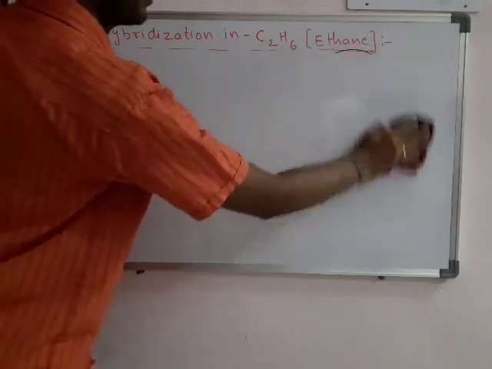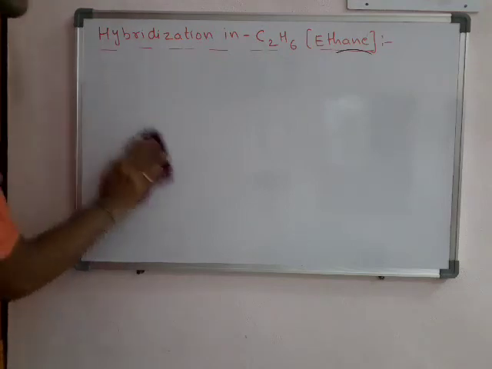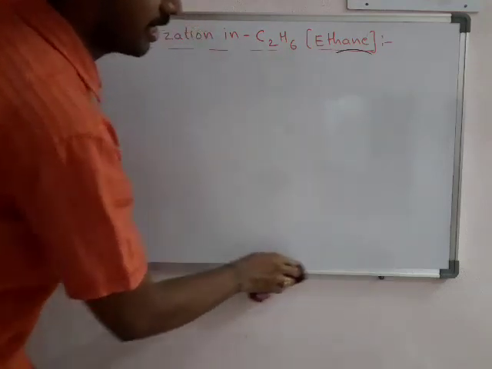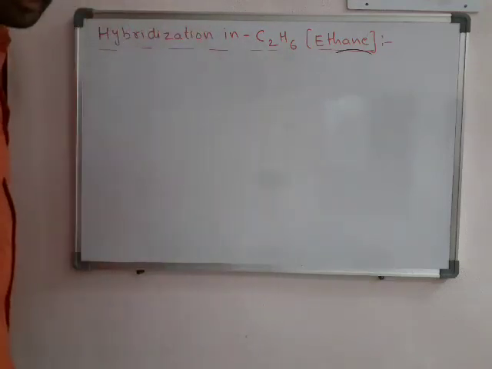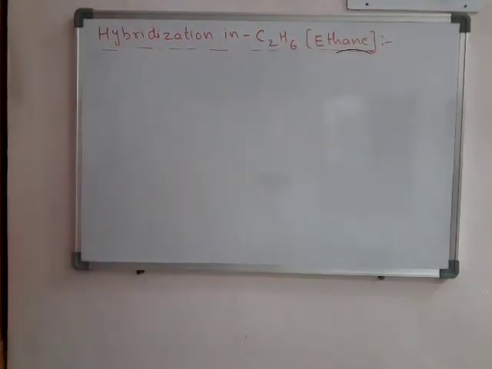So it is very important. Actually, the three examples are different. In this example, two central atoms are there. In ammonia and water, lone pairs are present. So that's why we selected them for discussion.